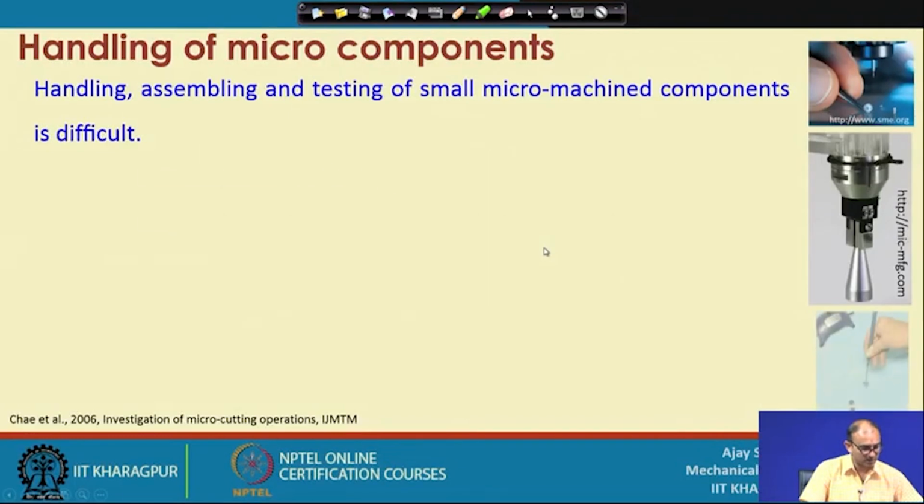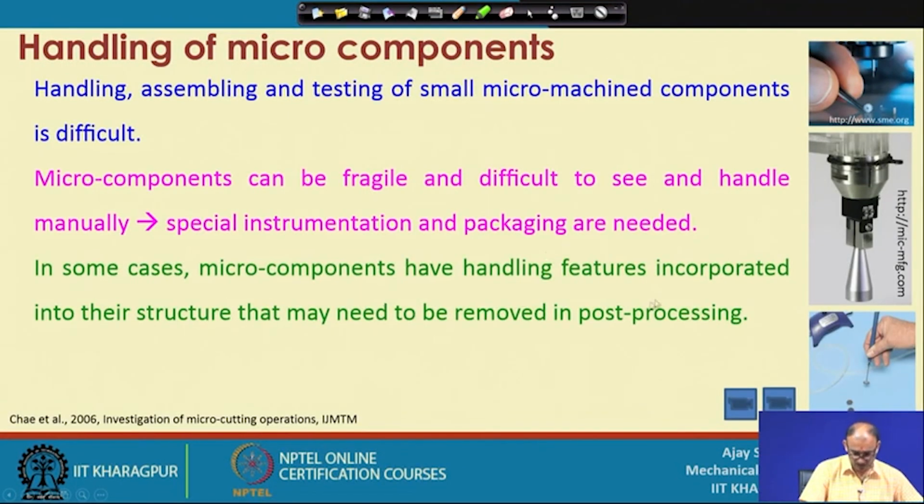So, this is all about the comparison between the micro machining zone and the macro machining zone. We have seen all the things from the mechanics point of view. We have seen how to handle these components, and we have also seen how the errors and other things are generated. So, let me finish this lecture here, and we will